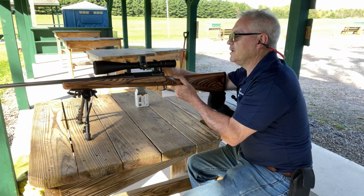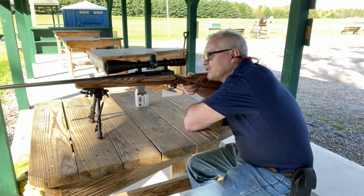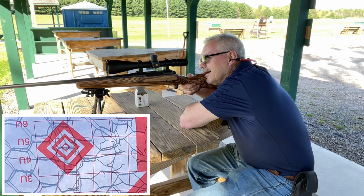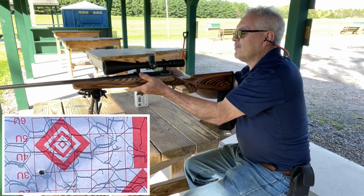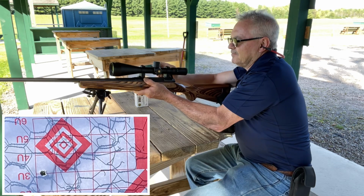So we'll go ahead and do a 4-shot group with each one and see how it does. We do have some really good wind swirling around out here right now, so I'm kind of hoping it doesn't affect my trajectory too bad. And I'm hoping I don't hit my camera, because the bullseye I'm aiming at right now is actually pretty close to the